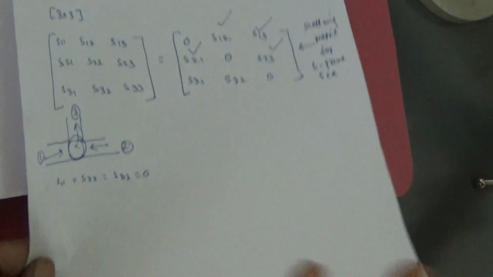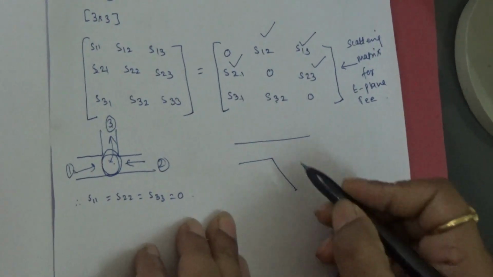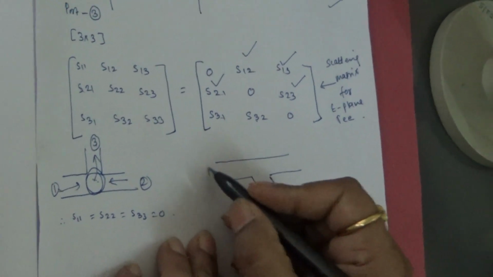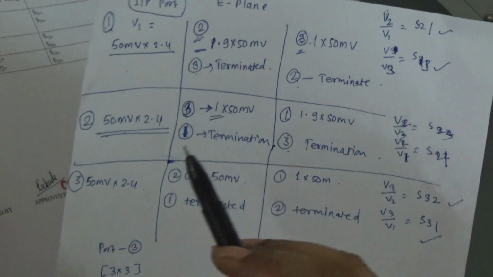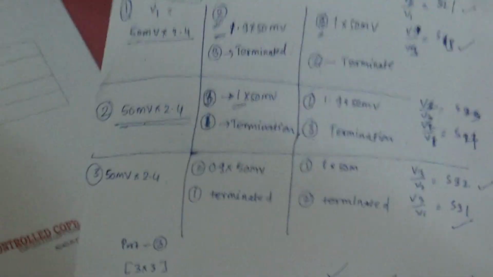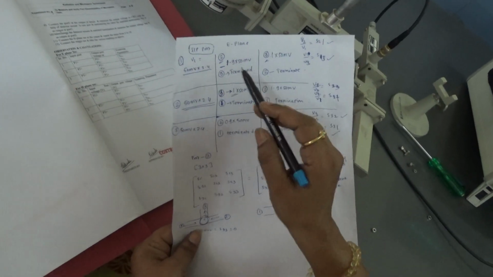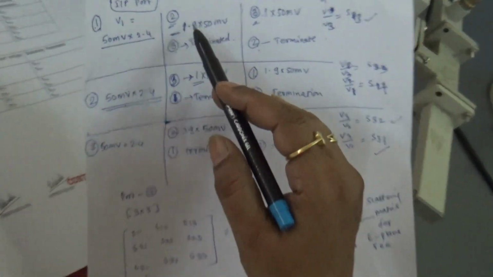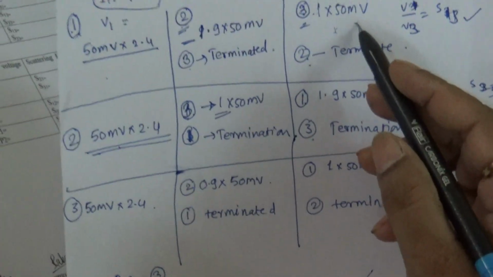In the similar fashion, you have to do the practical for the H-plane T. So this is the H arm, and we do the same thing. From this practical we can conclude that when you apply the signal at port 1, you get the signal at port 2, which is near about the same, but the signal at port 3 is less compared to that.